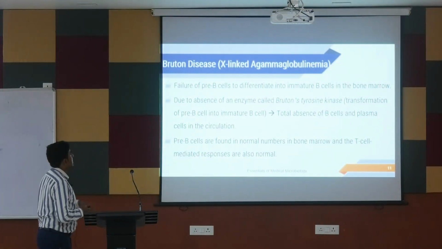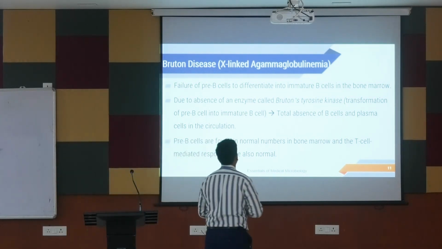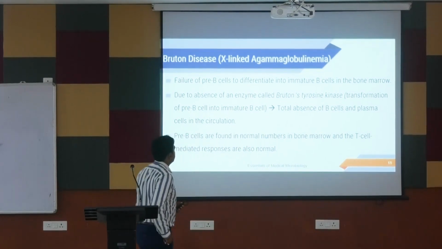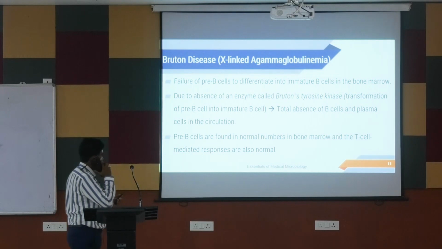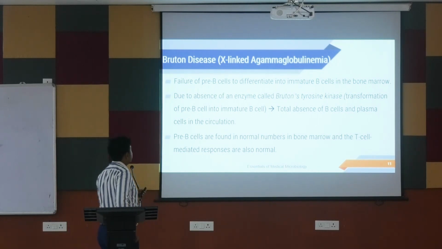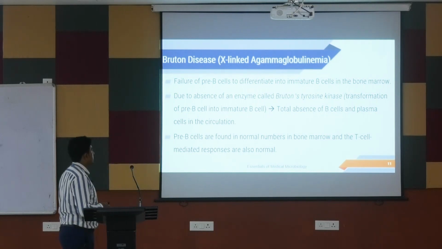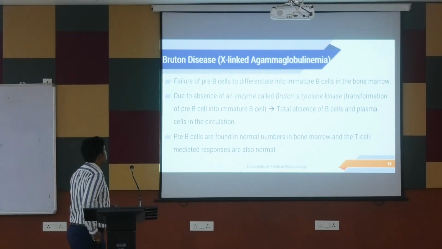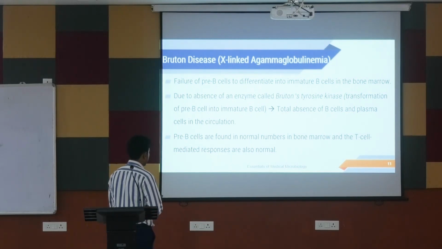What is Bruton's disease? The failure of the pre-B cells to differentiate into immature B cells in the bone marrow due to the absence of an enzyme called Bruton's tyrosine kinase. Transformation of the pre-B cell into the immature B cells fails, with total absence of B cells and plasma cells in the circulation. The pre-B cells are found in normal numbers in the bone marrow and the T cell mediated responses